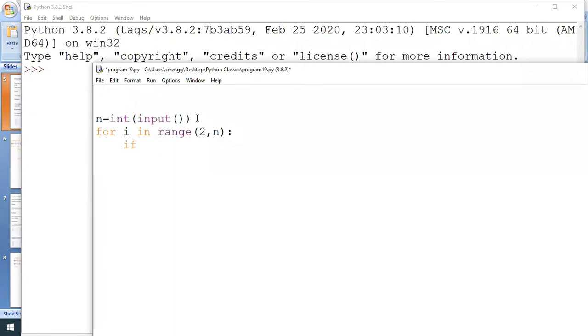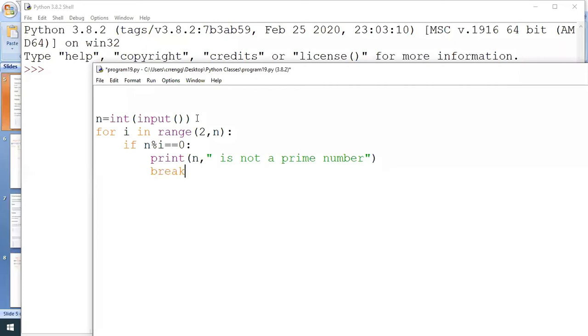If n percentage i, in each iteration I try to find the remainder of that number n. If it is equal to 0, then I am going to print n is not a prime number, and we are going to break the loop.